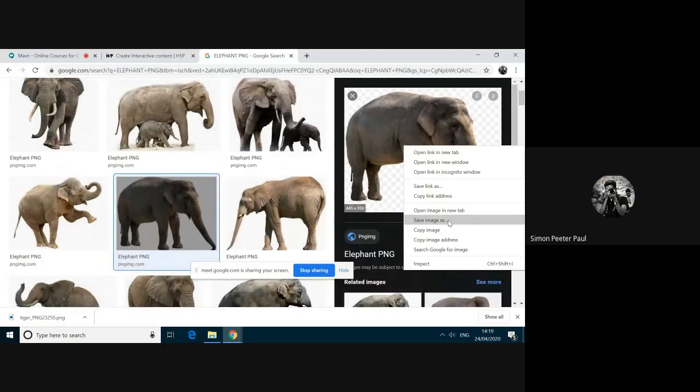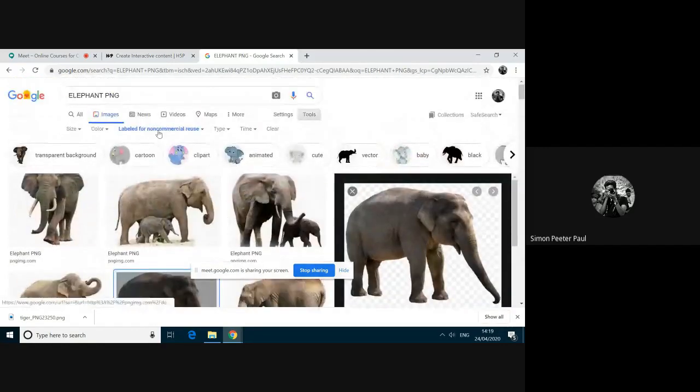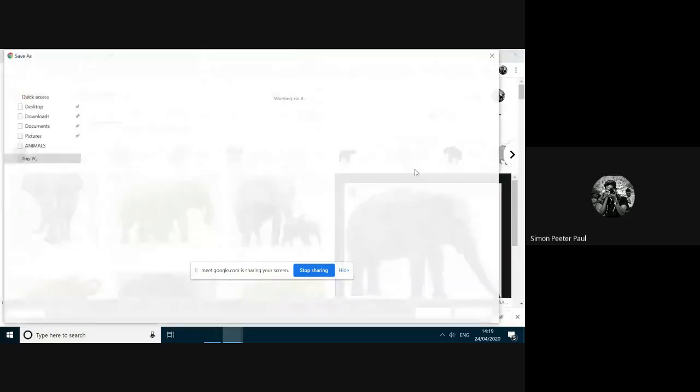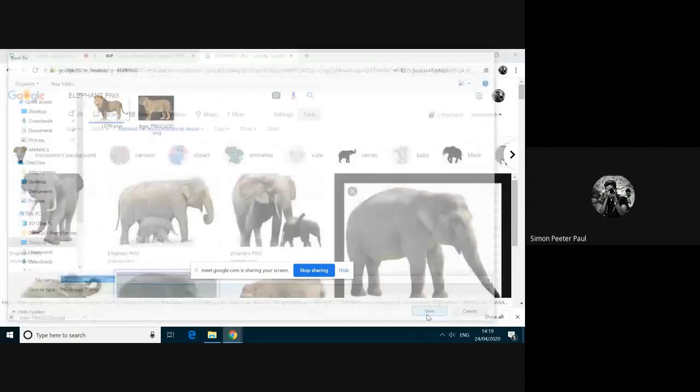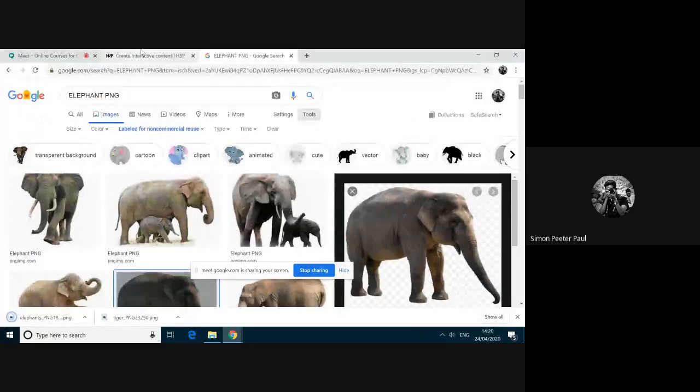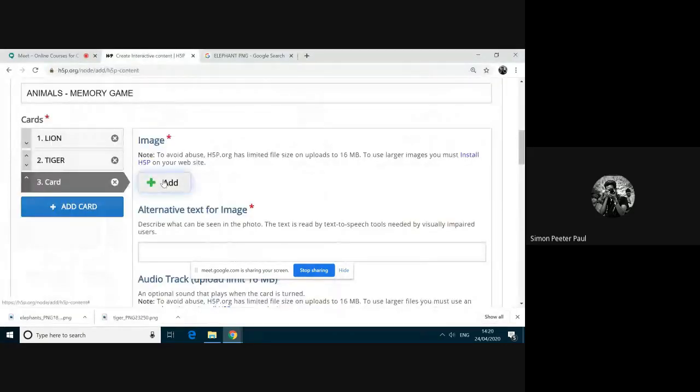And then I am clicking the save images. No need to modify the tool, sir. It is mentioned here label for non-commercial use. No need to modify. I'm right clicking this one. Again, I'm saving this elephant in that folder. I'm clicking save button. I'm moving to this H5P and clicking this add button.